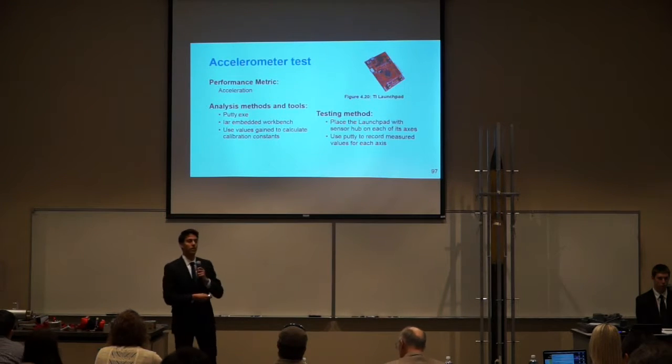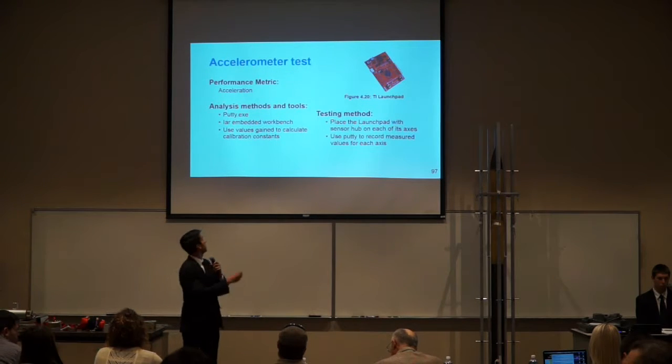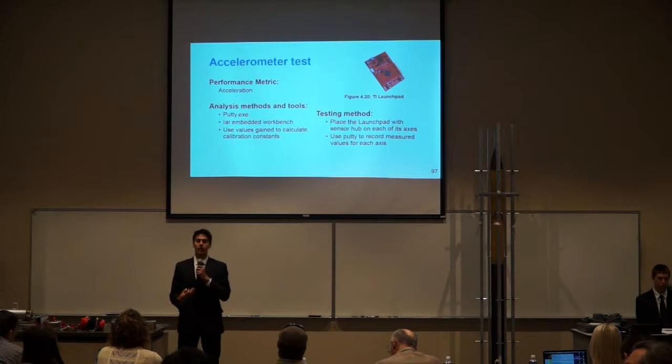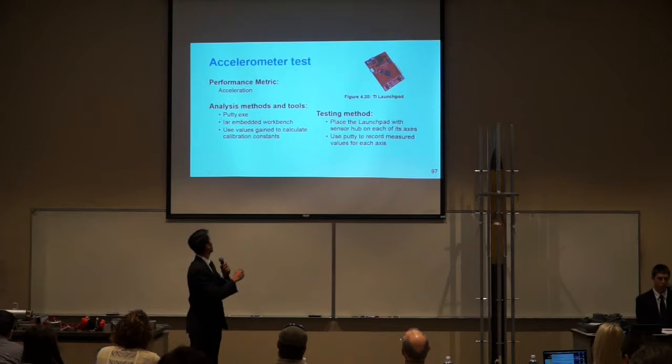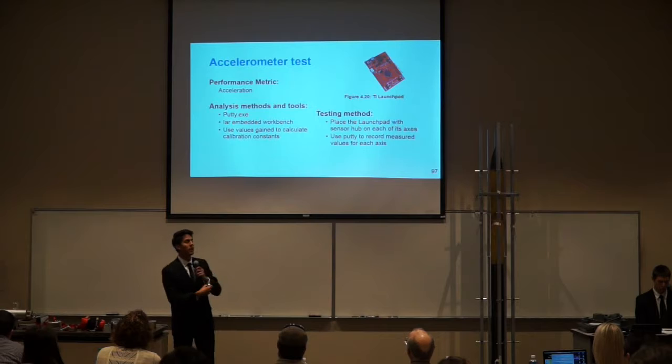So first, I'd like to go over our accelerometer test. So our performance metric analyzed in this test was the acceleration. Our analysis methods and tools were putty.exe, which is a program that is used to convert UART serial input into ASCII characters. The IAR Embedded Workbench, as John mentioned previously, and from these two, we've used the values gained to